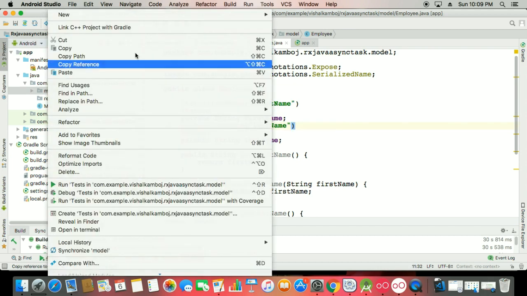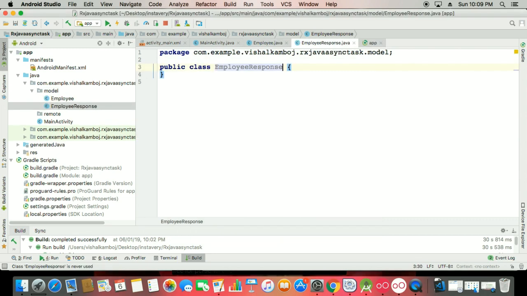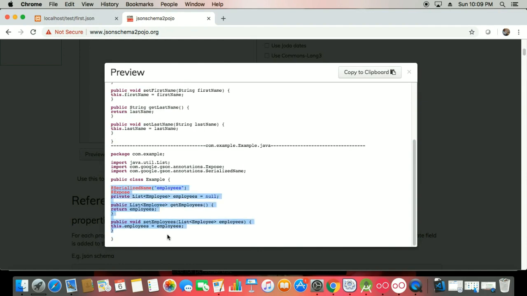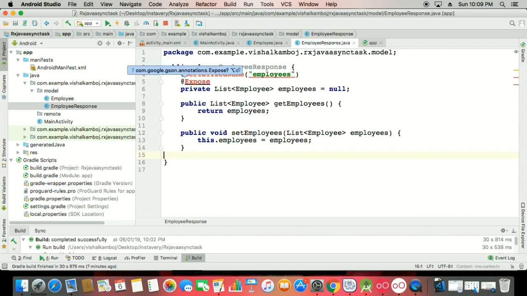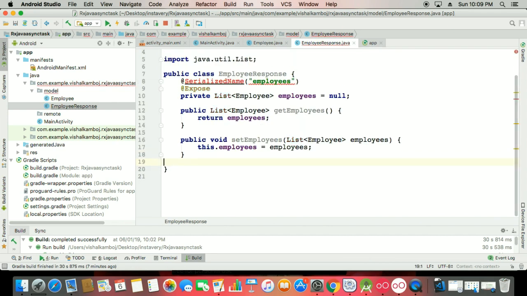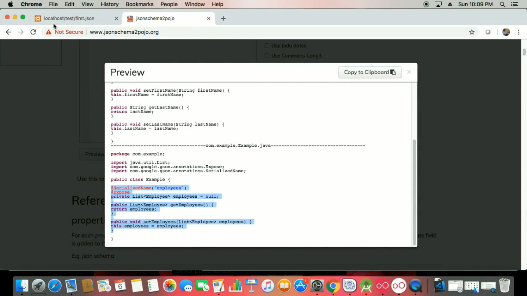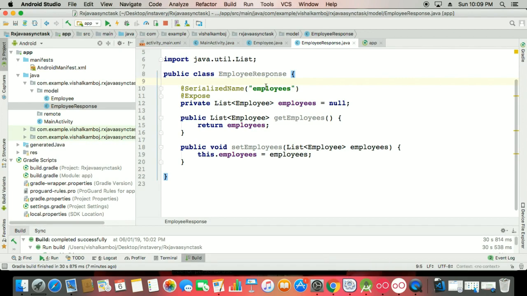And one more class I'm making here for the employee response, for the serialized responses. So this is our employee response, and this is the response approach of the employee. So I'm copy pasting it, and this is your expose list and serialized name. So easy. So this thing once done, now we can go for, this is our first JSON. So you can see the serialized form, our employees serialized form, it's just mapping on the retrofit calls whenever